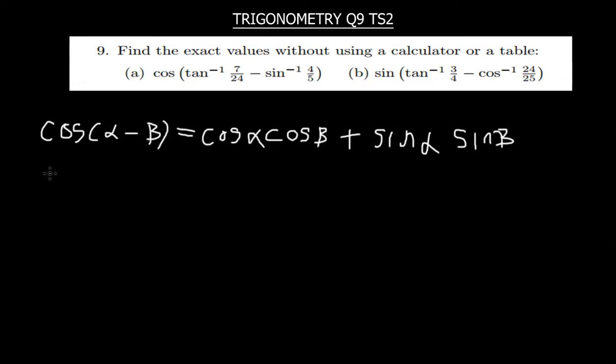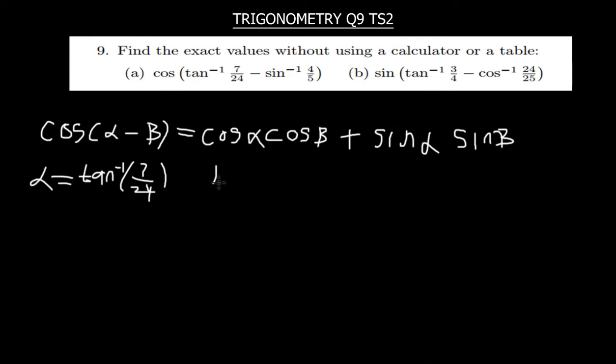So we're going to say alpha is equal to the tan inverse of 7 over 24. So this is our alpha,